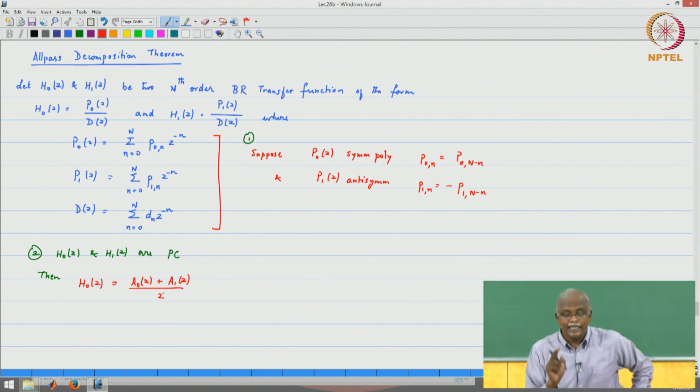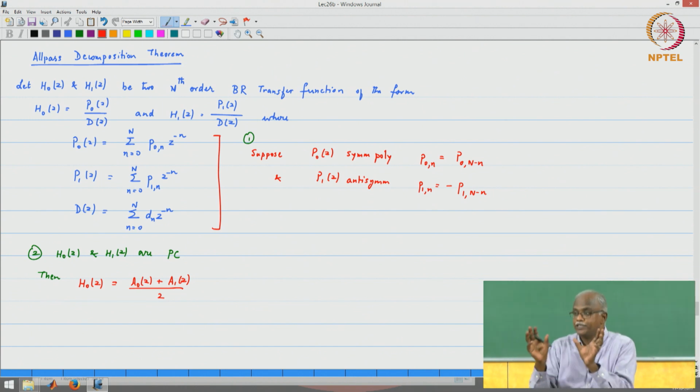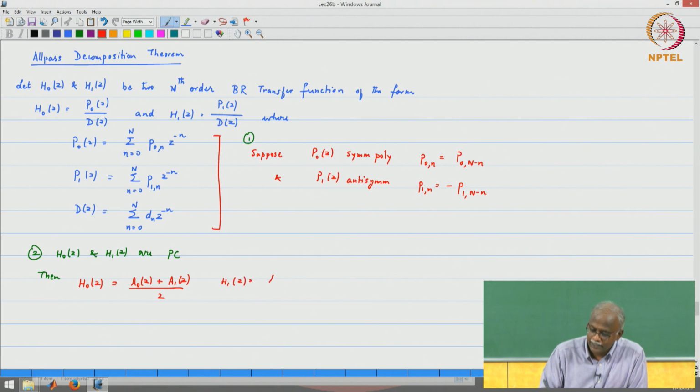Notice that this is slightly different from the earlier decomposition where we took the polyphase components. These are not polyphase components. Basically, the filter itself is a sum of two all pass functions. H1 of z is A0 of z minus A1 of z divided by 2, where A0 and A1 are all pass functions,